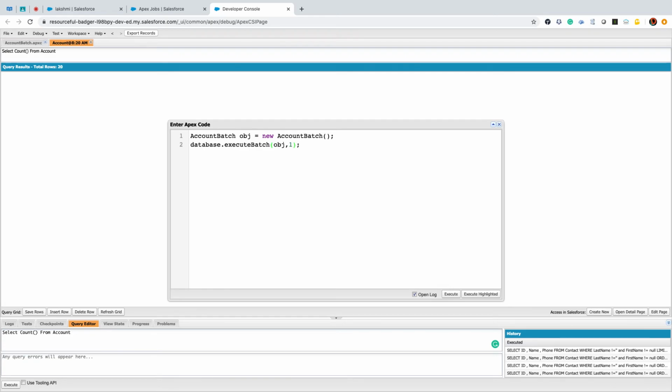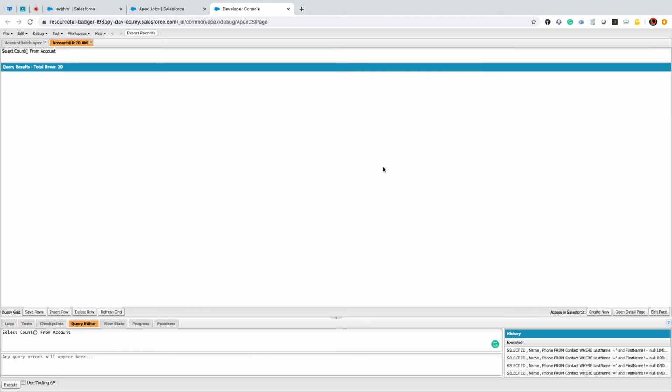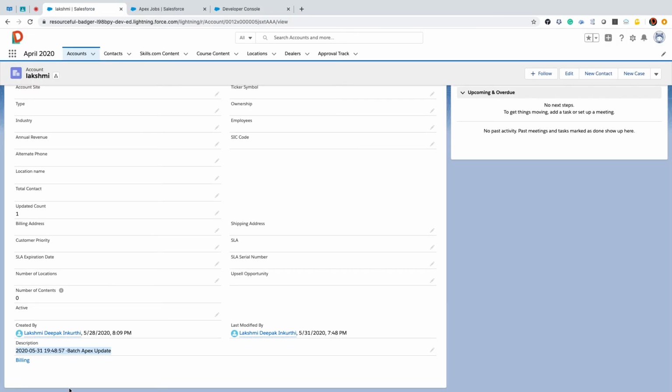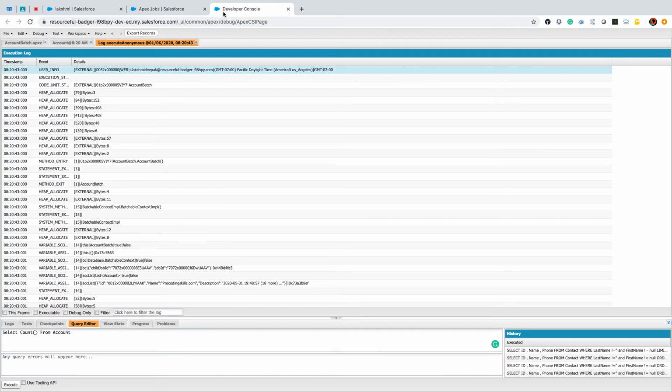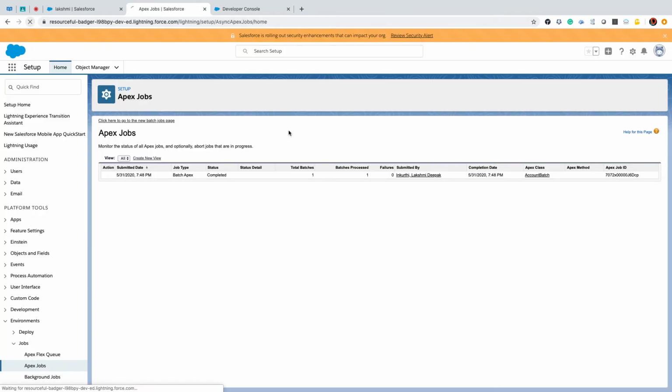If I mention 1 per transaction, how many transactions will I get? Totally 20 transactions, right? 20 is the total number of records and we are processing 1 record at a time. It means 20 divided by 1, so the total number of batches is 20. Let me execute. Here the time you can see is 7:48, 57 seconds. So now I initiated. How many batches will you get? Total batches is 20, the number of records divided by the batch size.